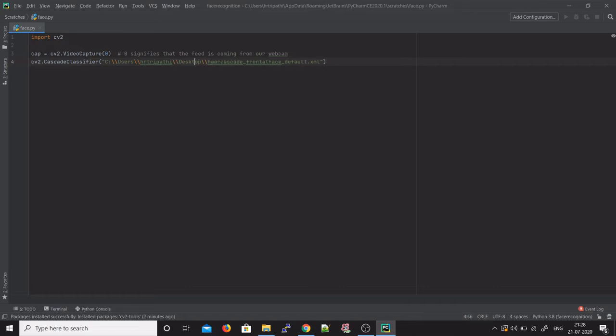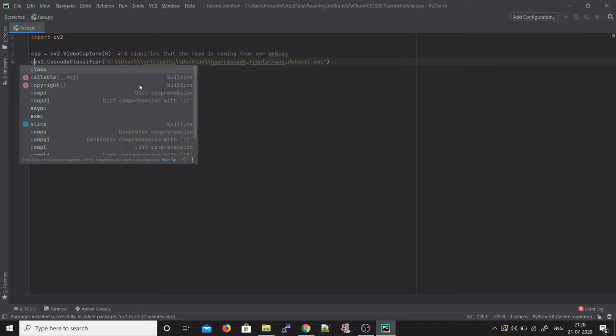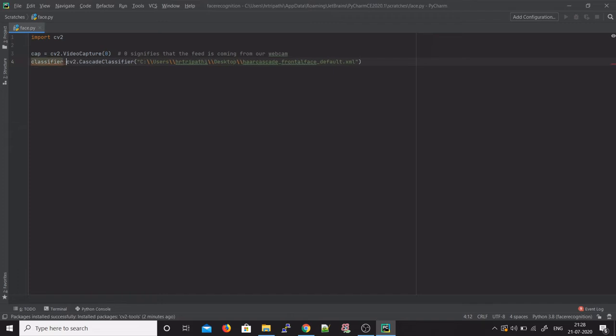That's it, and I'm going to be creating an object of this class and calling it classifier. So classifier equals cv2.CascadeClassifier, and I'm passing my haarcascade_frontalface_default.xml. Okay, that's cool.